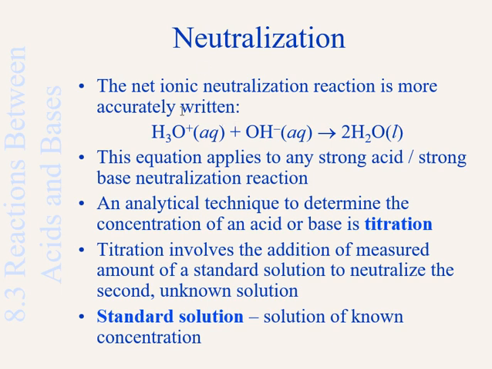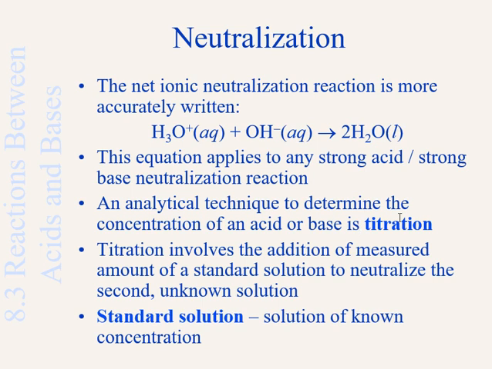Because when they react, neutralization happens, forming water, and their acidic properties or basic properties are neutralized. And this particular way of finding out the concentration of one or the other based on the concentration of the other species, if it's acid concentration we want to know and we know the base concentration, or if we want to know the base concentration and we have the acid concentration, that particular technique, an analytical technique, is called